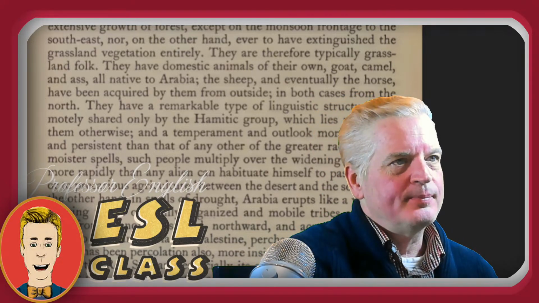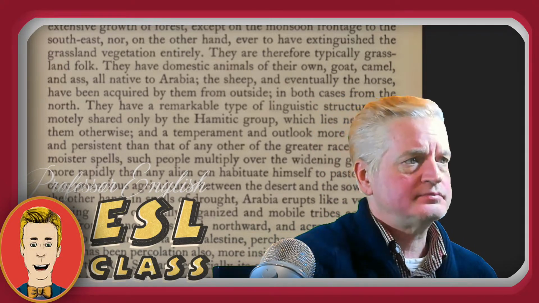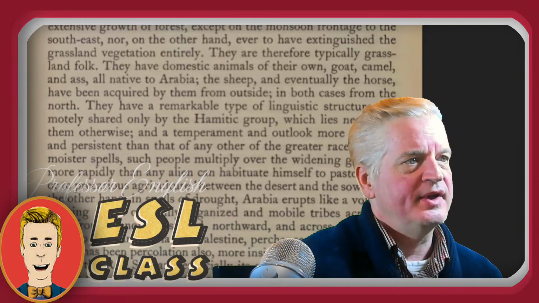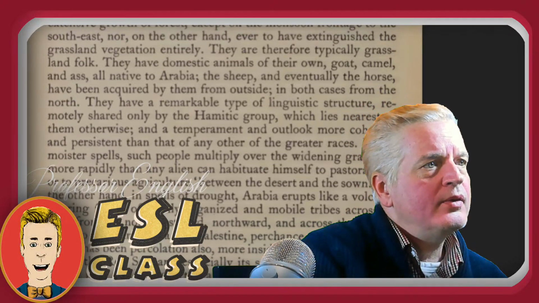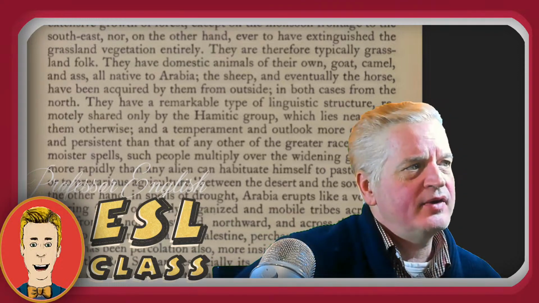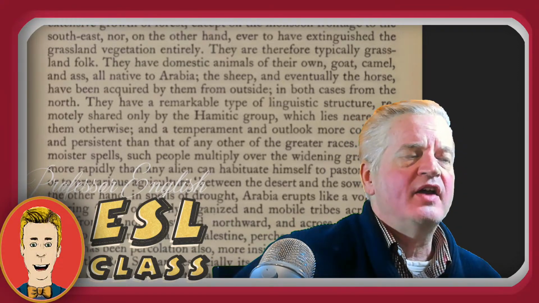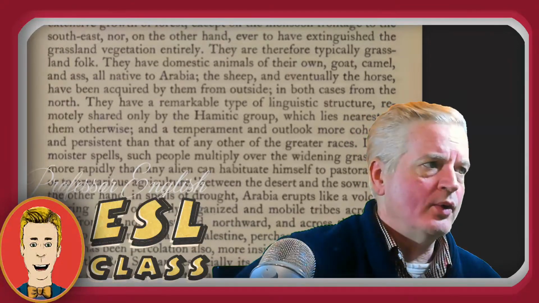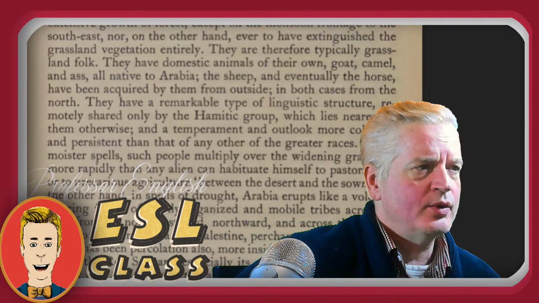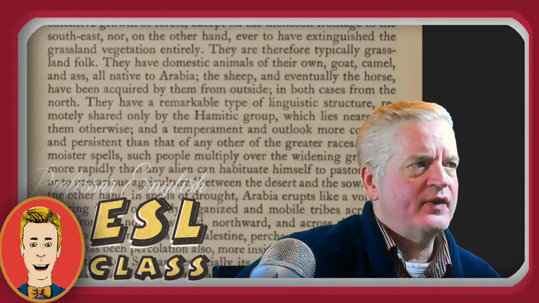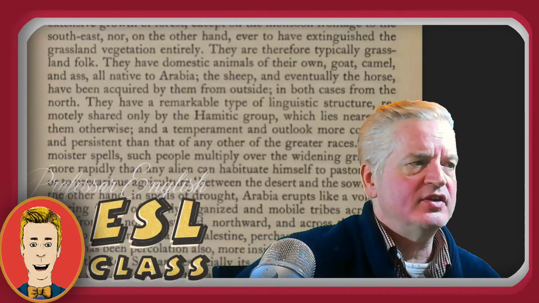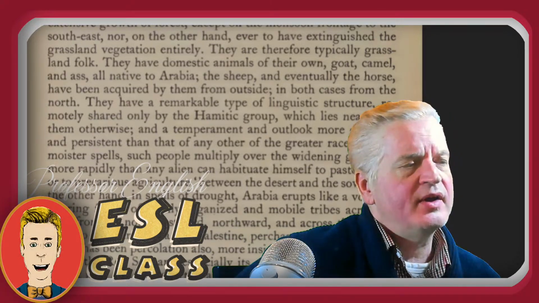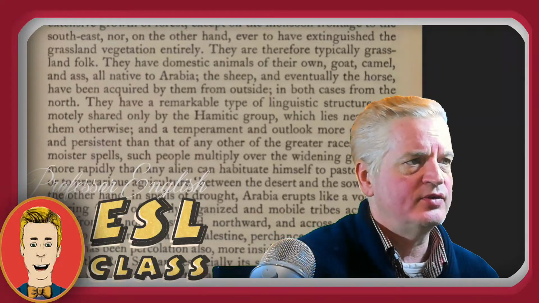They are therefore typically grassland folk. They have domestic animals of their own, goat, camel, and ass, all native to Arabia. The sheep and eventually the horse have been acquired by them from outside, in both cases from the north. They have a remarkable type of linguistic structure,